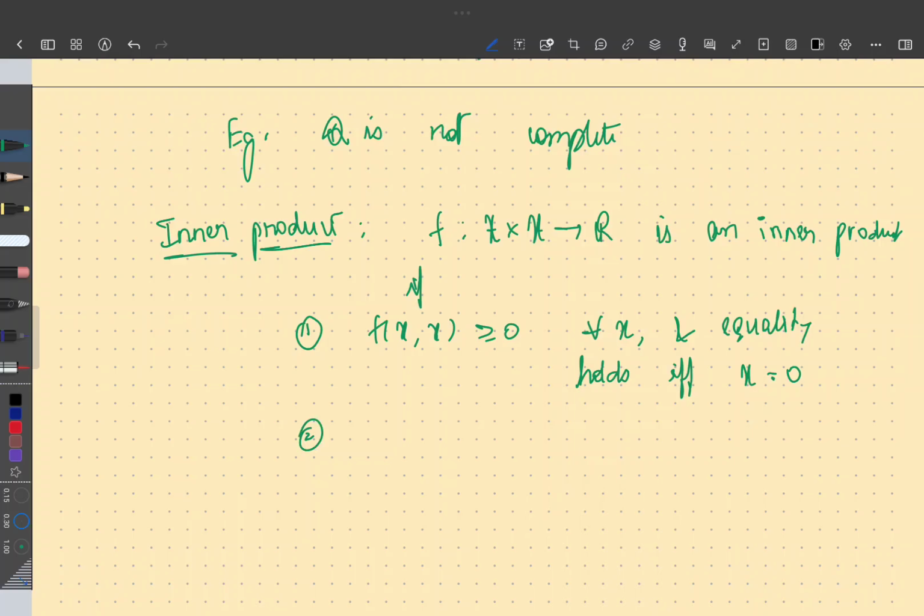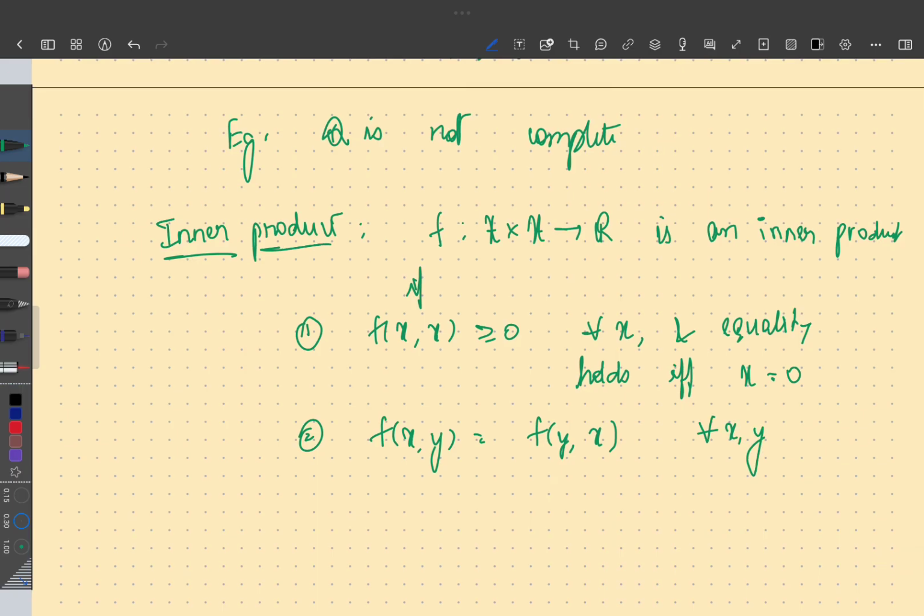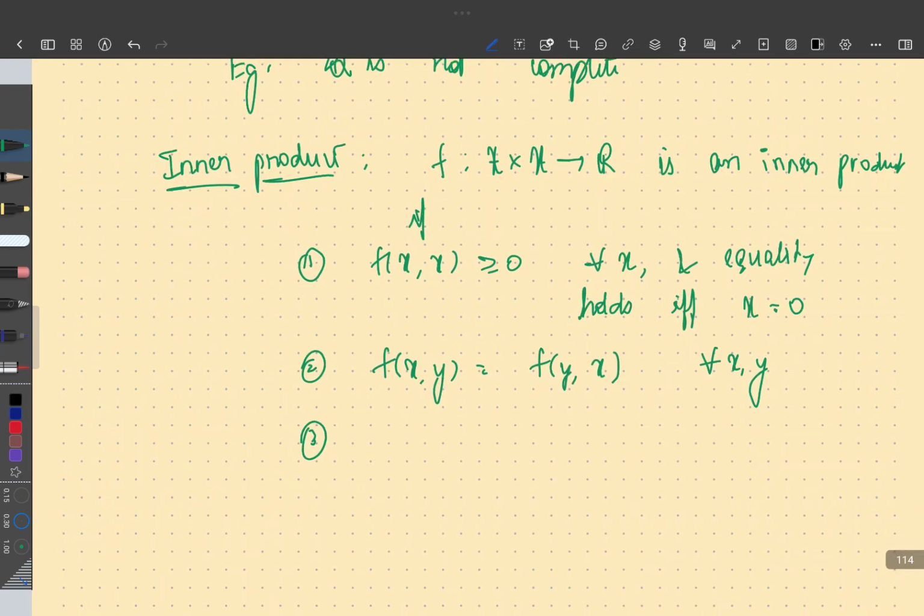The second is that it should be symmetric. f of x comma y should be equal to f of y comma x for all vectors x, y. And the third property, maybe one more: f of alpha x comma y should be equal to